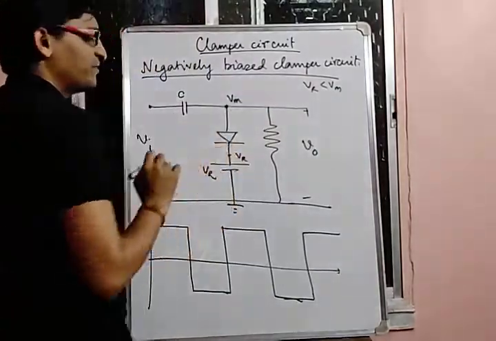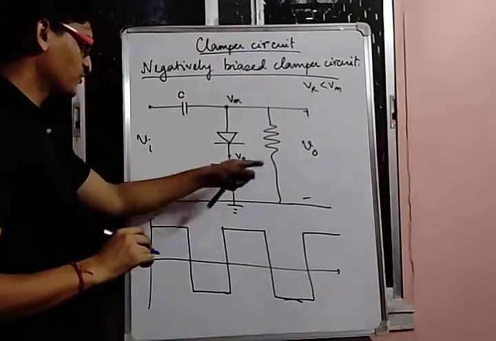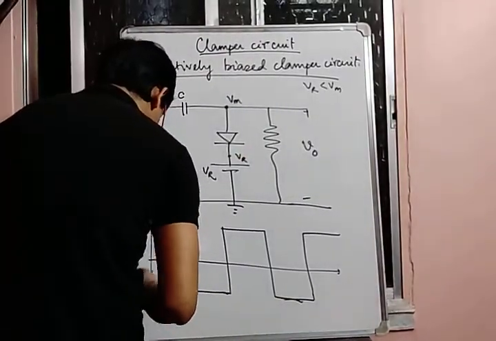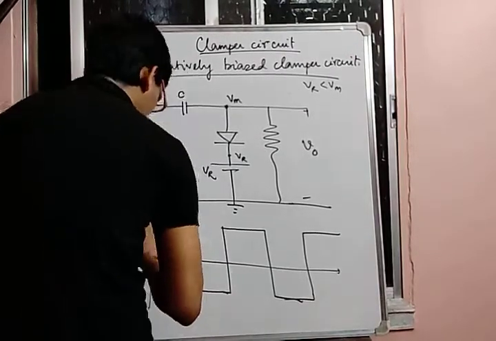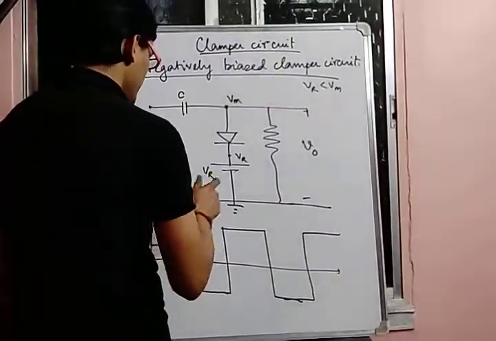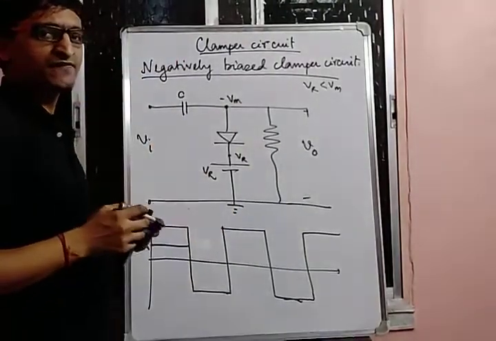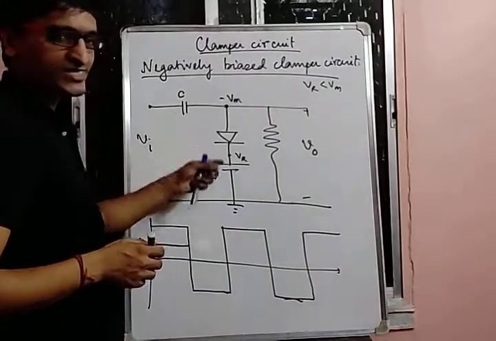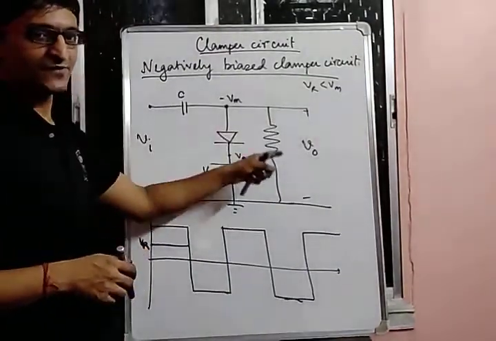As a result, this diode will be forward bias. Since it is forward bias, it will act as a short circuited path. The output voltage which we will be getting will be equal to VR. So in this case, the output voltage will be somewhat like this, VR. But during the negative half cycle, what will happen? During the negative half cycle, this is VR, this voltage will become minus VA. So as a result, the diode will be reverse bias. Since the diode is reverse bias, it will act as an open circuited path. Since it's open circuited, no current will flow through it. So the entire current will be flowing through this resistance R.